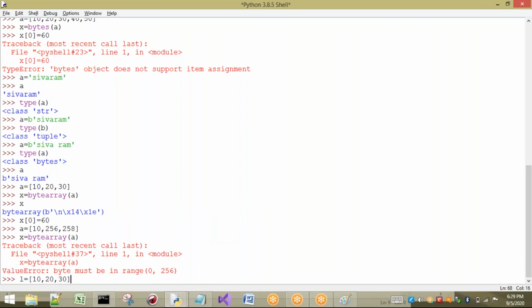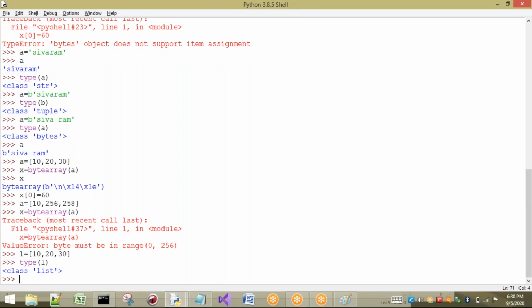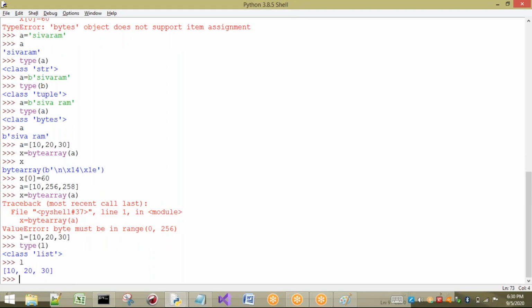Here what happens, I have used the square brackets and I am going to insert the elements by having a separator called comma. So now let us see the type of this L. Type of L, what will be the type of L? List. Okay, so here you have to observe one thing. If I print L, what happens? The elements are going to be printed in the same order in which I have given. You can see 10 I have given first, so 10 is printed. 20 second, 20 is printed. 30 I have given in third position, so 30 is printed. That means whatever the elements I have given in some order, in the same order it is going to be printed.